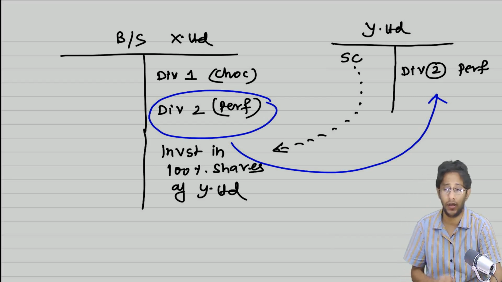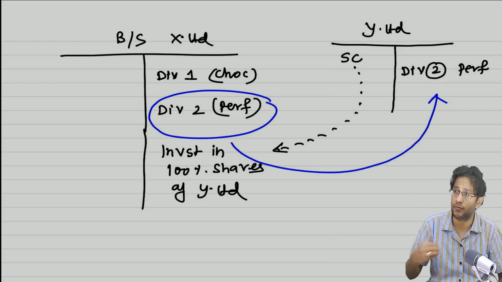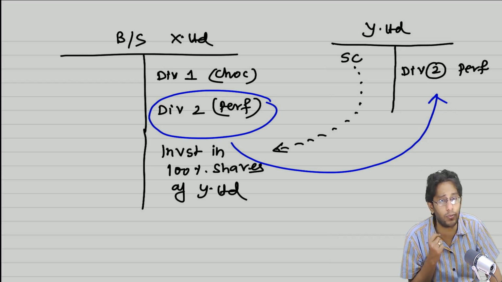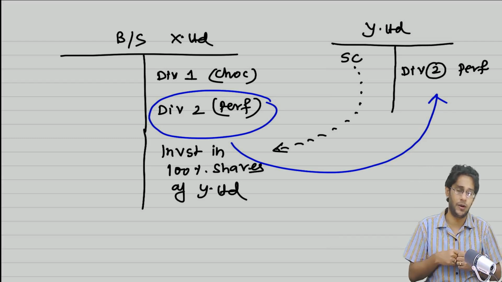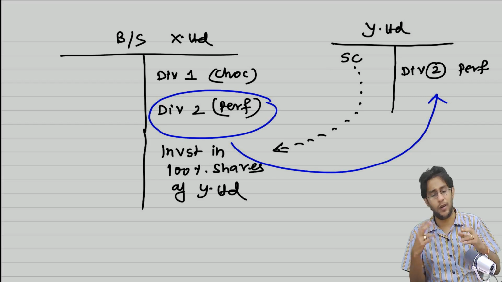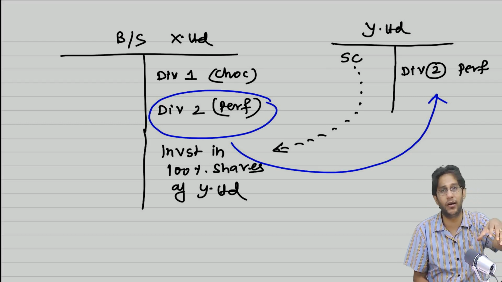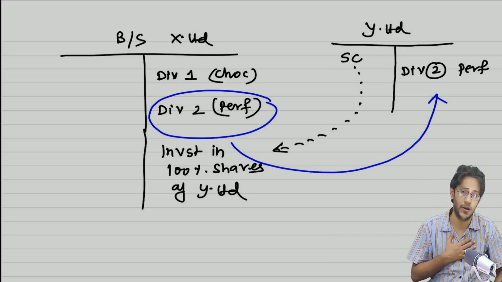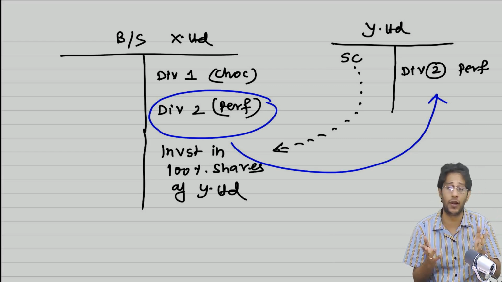Observe closely. Is there a transfer of business? Yes. Division 2, the perfumes business, is sold off to Y Limited. As a result, what did we get? Not cash. What we got is shares, in such a way that X Limited is now controlling Y Limited. So think from the business point of view. Earlier, both businesses were under the control of X Limited. Now, X Limited is doing only the chocolate business. The perfumes division is carried on by Y Limited, but Y Limited's shares are held by X Limited to the extent of 100%. So X Limited is still controlling the perfumes division. This is again a common control transaction.